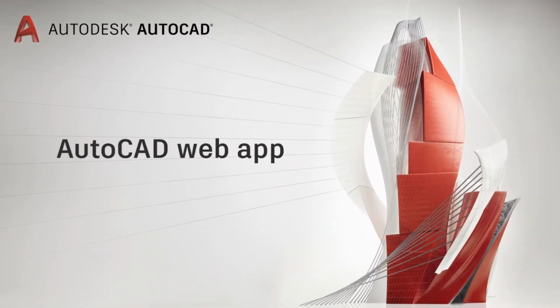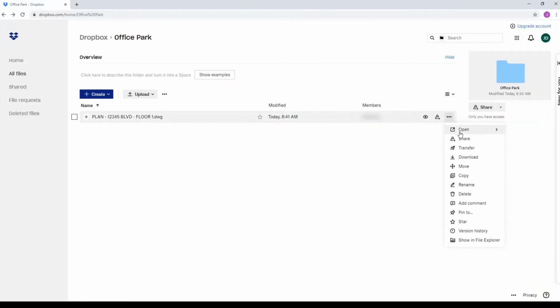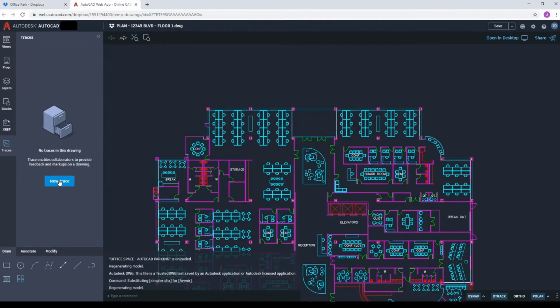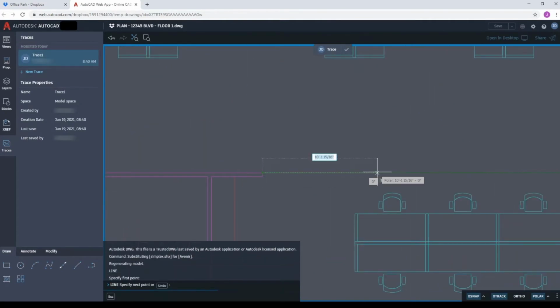Now let's look at it as a collaborator in the AutoCAD web app. I open my file into the AutoCAD web app. I create a new trace. I decide I want to extend the wall out 20 feet, so I use the drafting tools to mark up